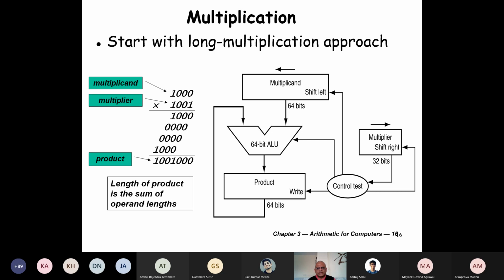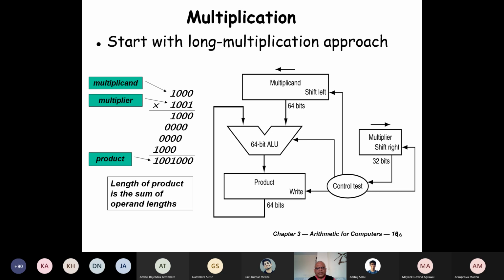This is the algorithm that we follow, based on the LSB of the multiplier. If it is 1, we add the multiplicand and then we shift the multiplicand 1 bit left and shift the multiplier 1 bit right to check the LSB value of the multiplier. If it is 0, do no addition. Only shift the multiplicand 1 bit left and the multiplier 1 bit right. Is the algorithm looking okay with everybody? Simple algorithm, just an observation on this. So if we understood that algorithm, then our work is simple.